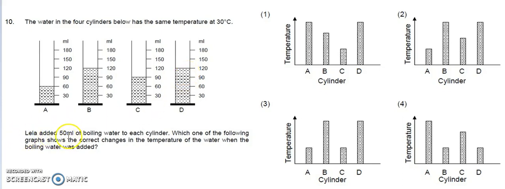Now, Leela added 50 mils of boiling water to each cylinder. Which one of the following graphs shows the correct changes in the temperature of water when the boiling water was added? Now, let us make a note here. Before we start, we know that after adding the boiling water,